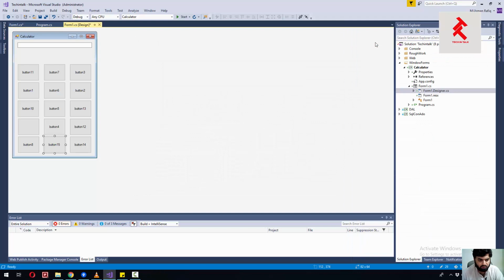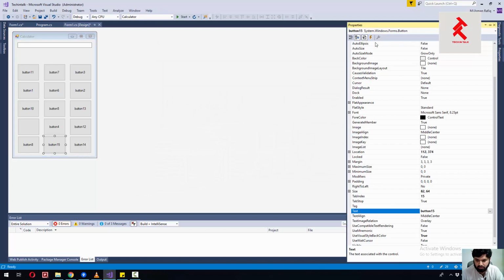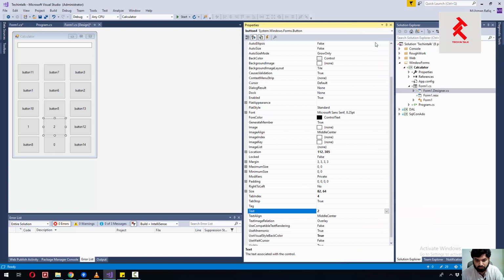Okay, so let's name it 0. This is 1. This is 2. 3